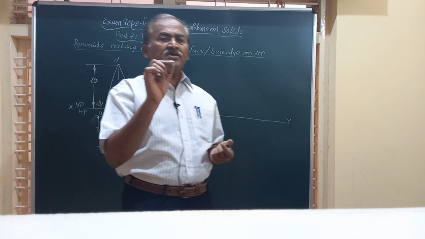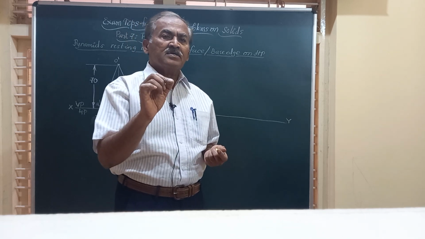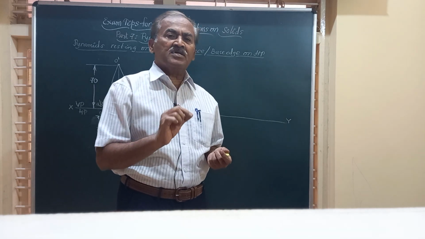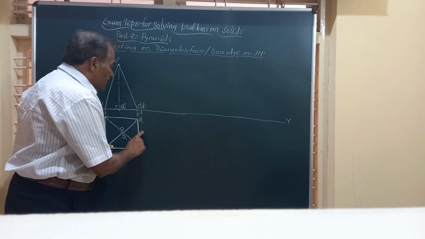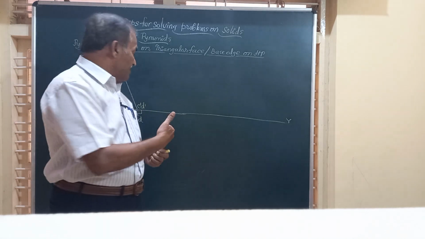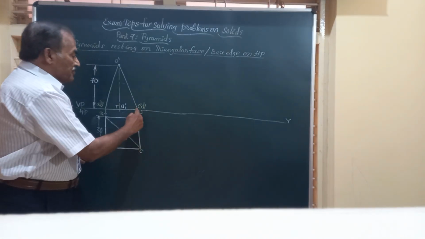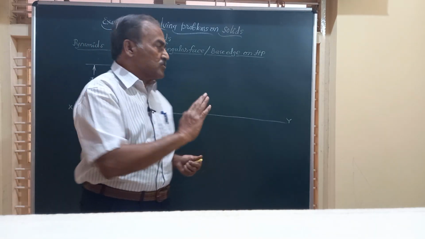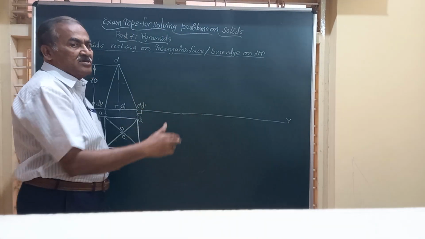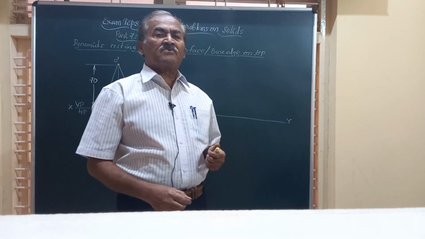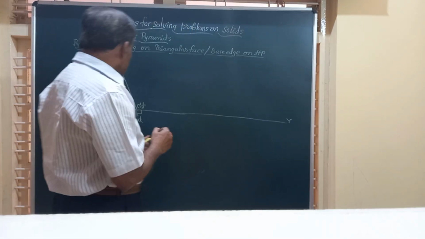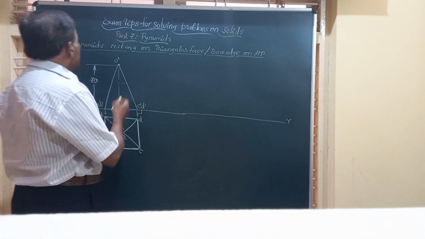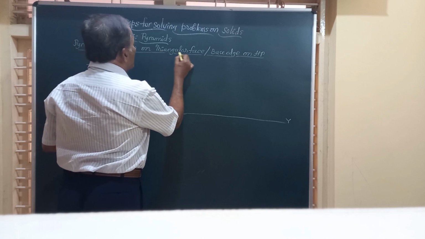Now friends, in the question, if you find that the pyramid is resting on one of the base edges, that one base edge should come to your right in the front view, the top view, that edge should be perpendicular to VP and it should come to your right side, because we are going to treat the object to the right side usually. Now next friends, if you find that it is resting on a slant edge, then corner should come. So here friends, if you find the term triangular face